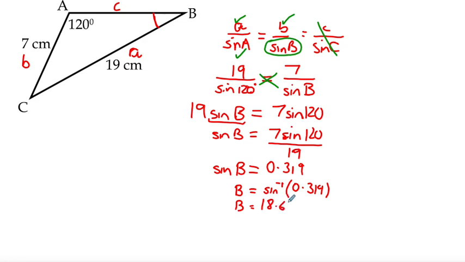18.60, we'll round it to 18.6 degrees to 1 decimal place. We generally tend to round angles to 1 decimal place. Okay, now I've got capital B. Is that because I've used B in my